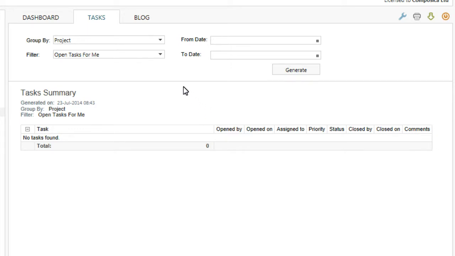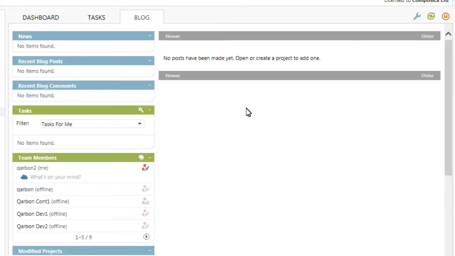And then finally on the main dashboard, there is a blog tab. Now this is a social authoring feature that your team can take advantage of, and it's just like any other blog. It can be as formal or as informal as you want, and you can have in this blog something that could be like maybe team notices of upcoming events. You can have it for important news, for things that you need to get across to your team